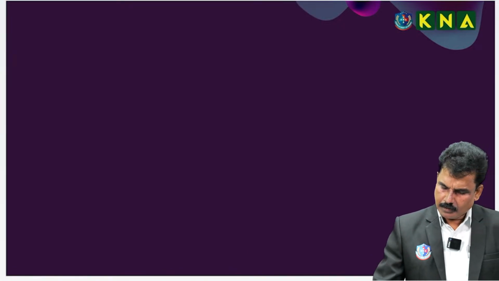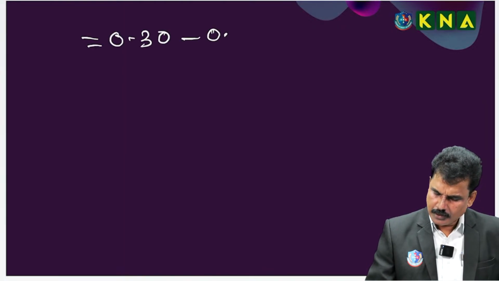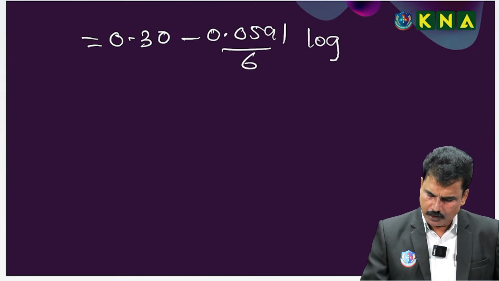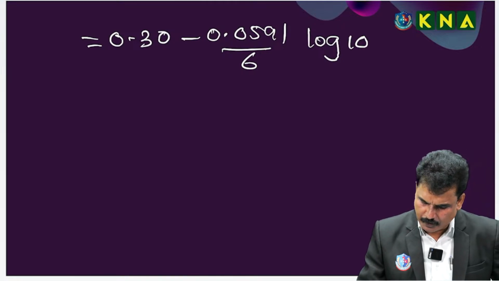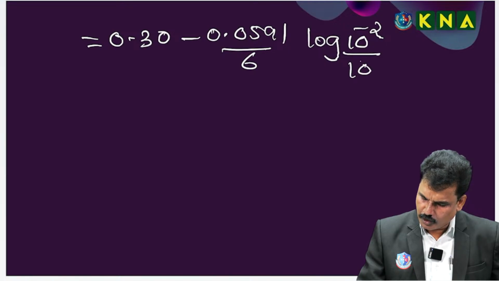Then calculate: 0.30 minus 0.0591 by 6 log 0.1 is 10 to the power minus 1, 0.01 is 10 to the power minus 2, so 10 to the power minus 1 the whole square, 10 to the power minus 2